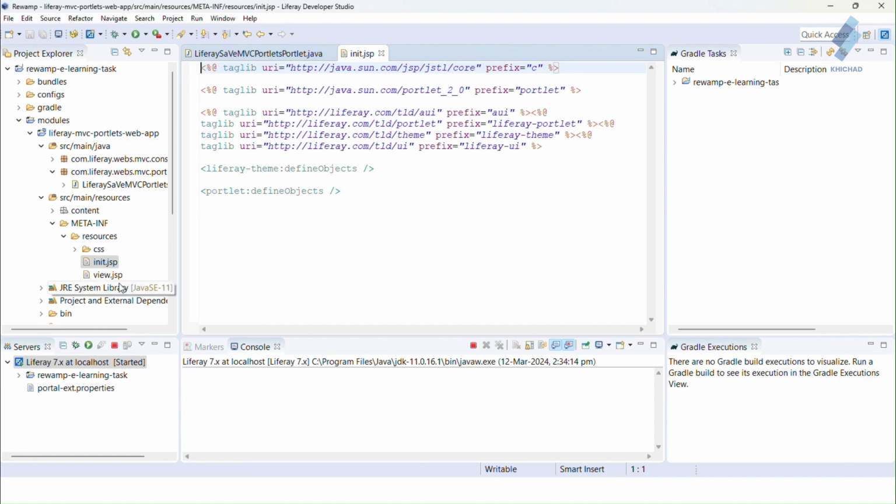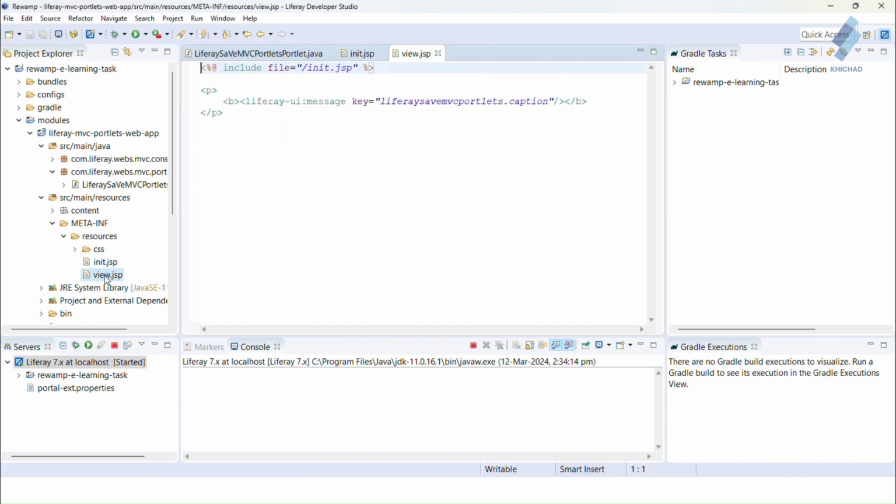Now I open the view.jsp file in the portlet. To implement changes, open view.jsp. The purpose of view.jsp within the portlet is to define and structure the content of the portlet user interface. It typically contains HTML markup along with embedded Java code or JSP tags to dynamically generate content based on the portlet logic and data.